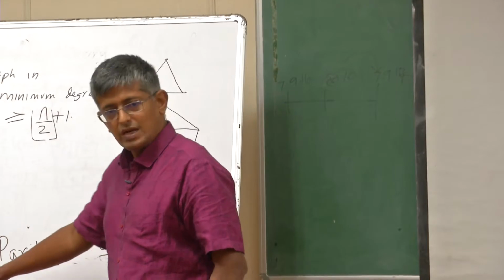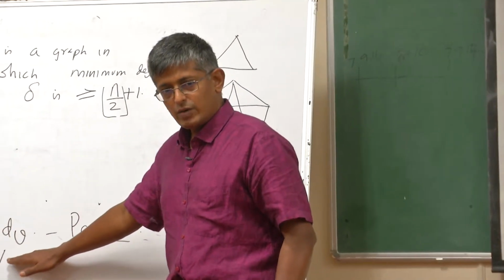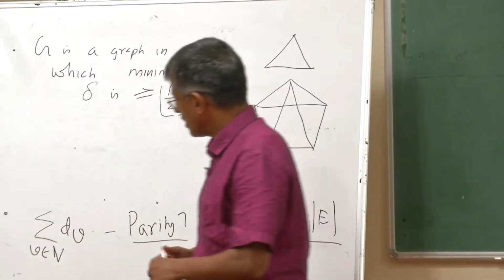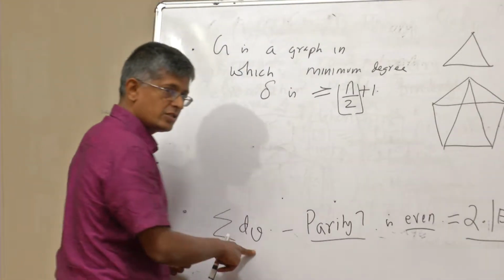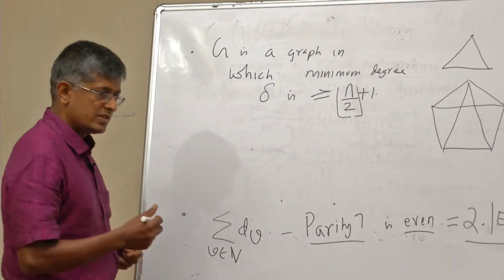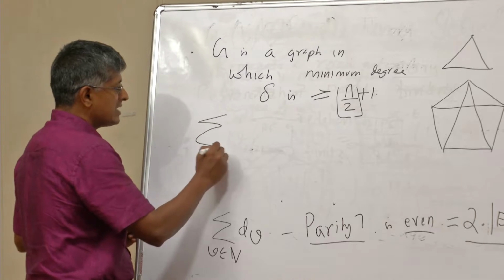It's only true for graphs where every edge has exactly 2 vertices. That's correct. No, it's always true. Always true. Okay, that's a good question. I didn't complete the proof. So let us look at this summation. How can you write this summation? Basically, you are going to count every edge. So this is a good exercise. It's very easy. So summation dV